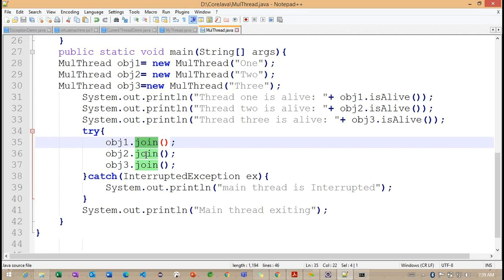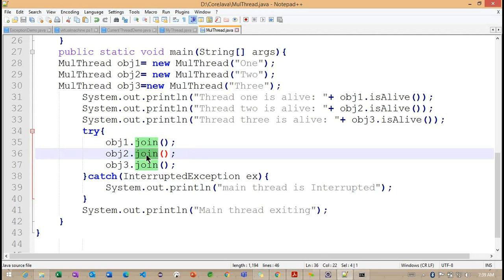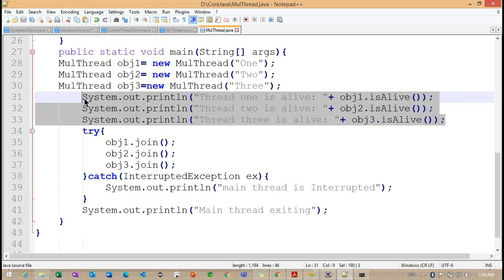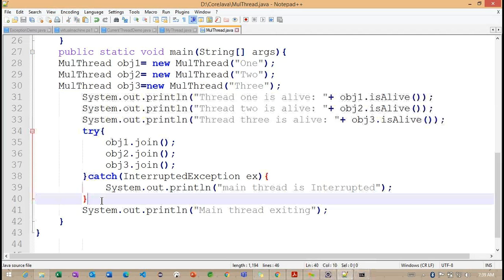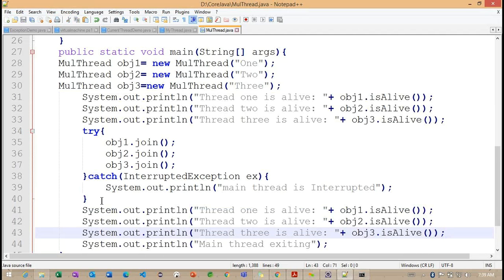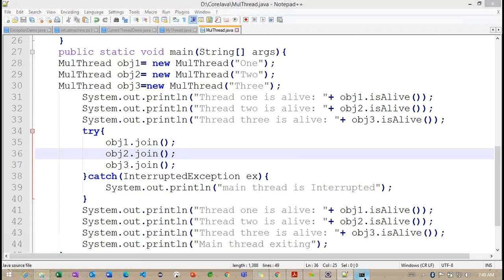After this, I'm again calling the isAlive method, to find out whether the current thread is still alive or it is terminated. Getting the point?